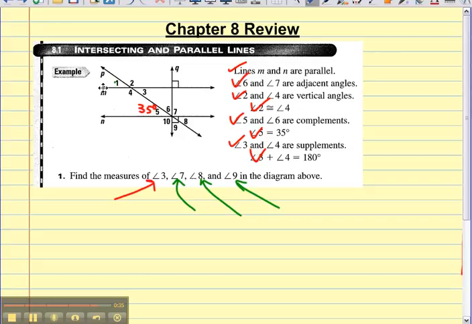We know that since 5 and 1 are corresponding angles, this is also 35 degrees. They're in the same position, so they are corresponding angles and have the same measure. So what do I know then about 1 and 3, Lily? So 3 is also 35 degrees, but why? Because 1 and 3 are the same because 1